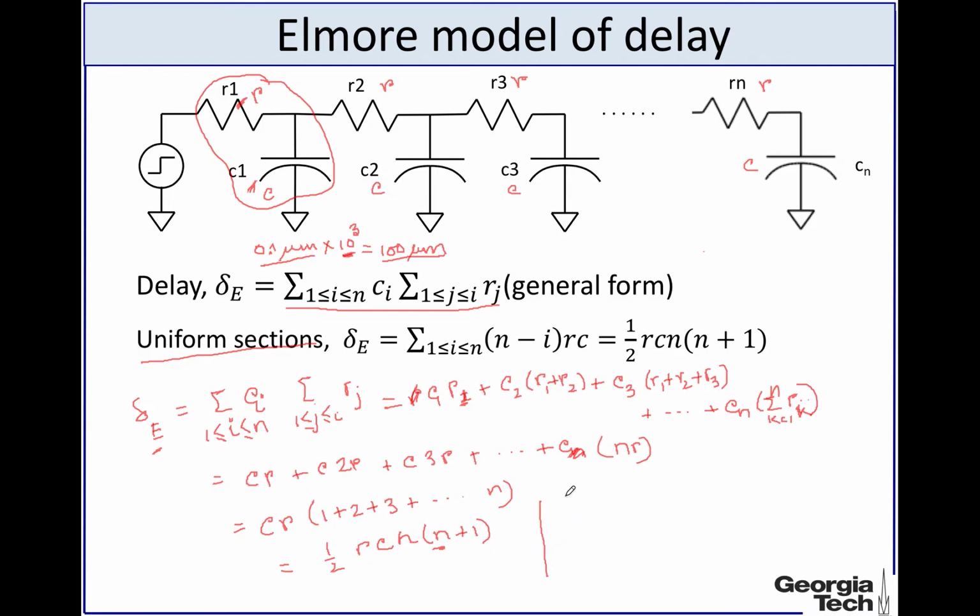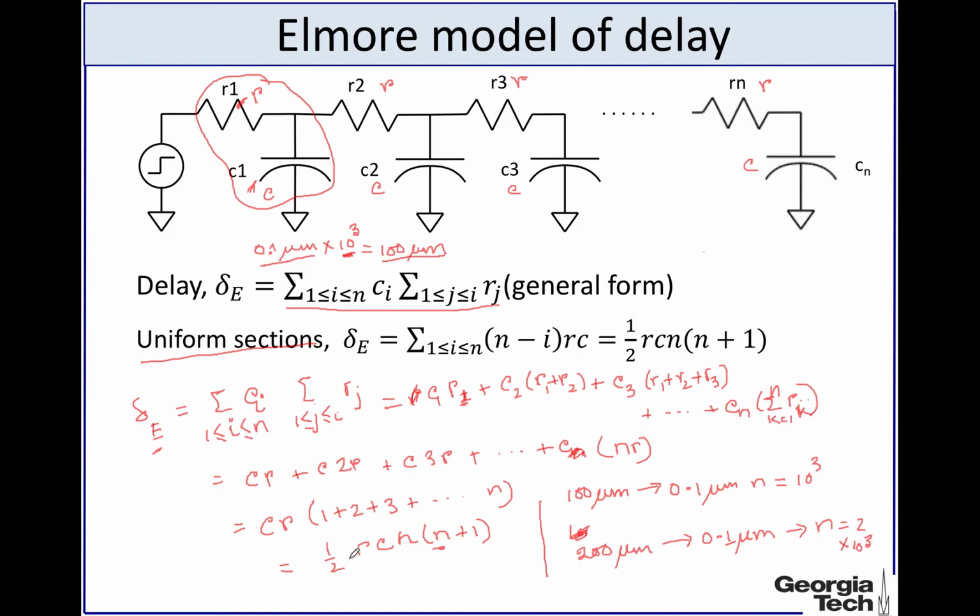So in this particular case, if you have 100 micron length, we have said that each of the segments is 0.1 micron, so n will be equal to 10 power 3. On the other hand, let's say you have another case where the total length is 200 microns, and for 200 microns each of the segments is 0.1. So in this case n will be 2 into 10 power 3